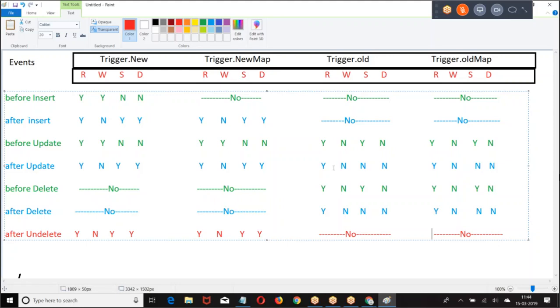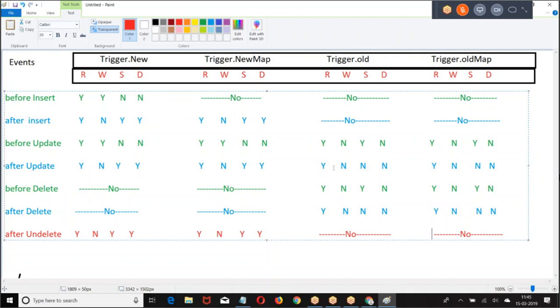We can only see the data that is there in trigger.old; we can only perform read operations on it. In all contexts, trigger.old is mostly used for referring to the old data. We cannot perform any changes on the data. I hope you are good with this.